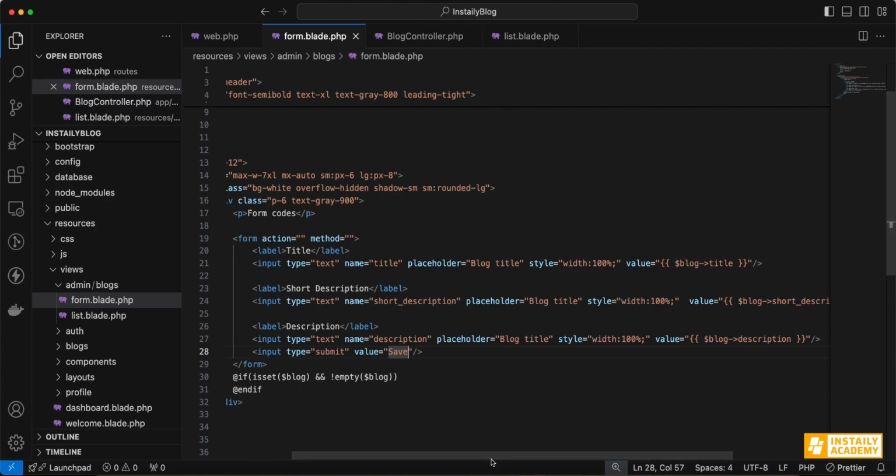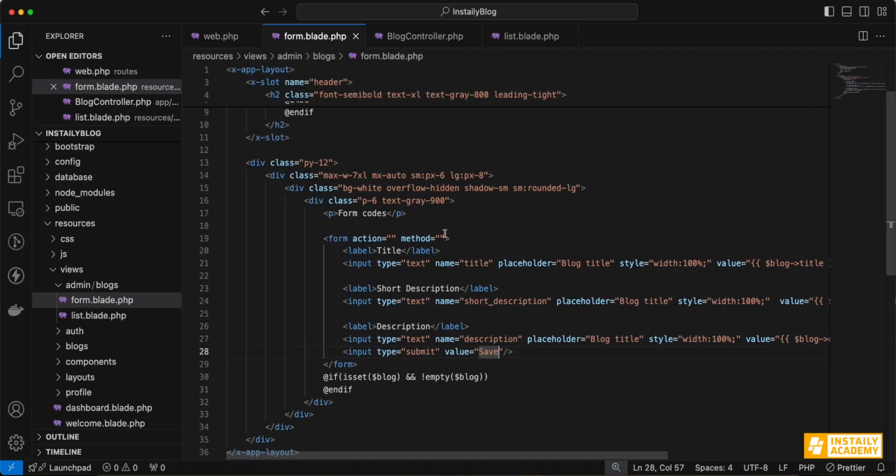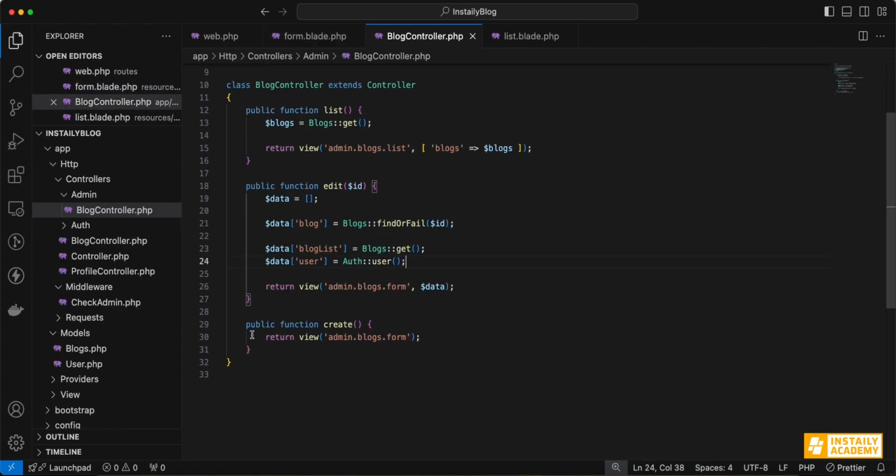Okay. Right now it's redirecting to the same page because it doesn't have any action, method and action. So method we will write post, and action we will use again our named route method. We'll create